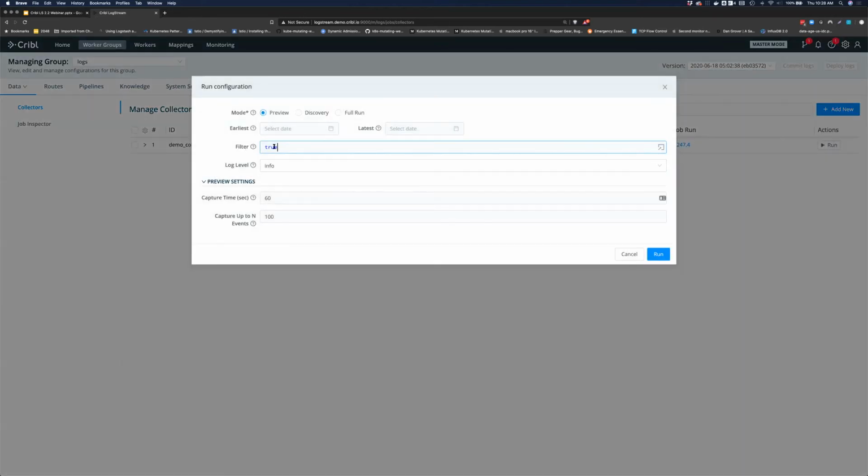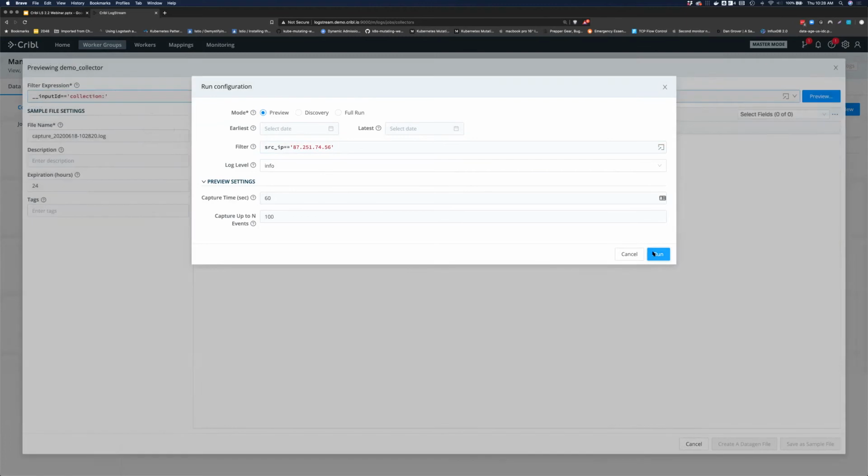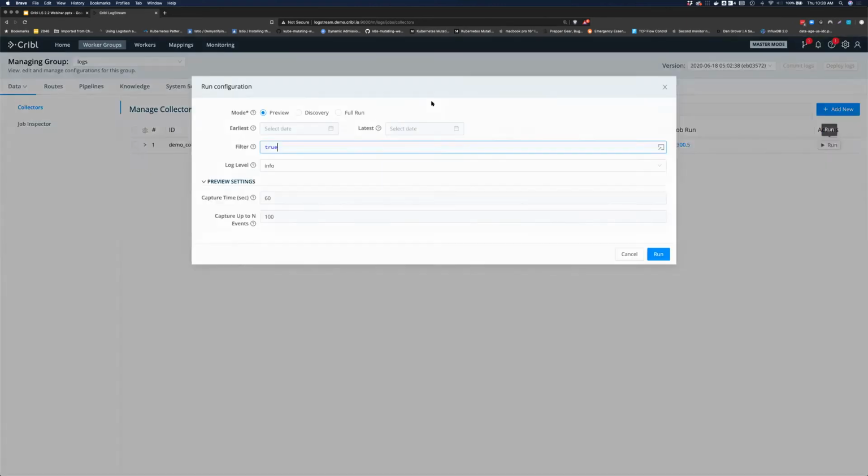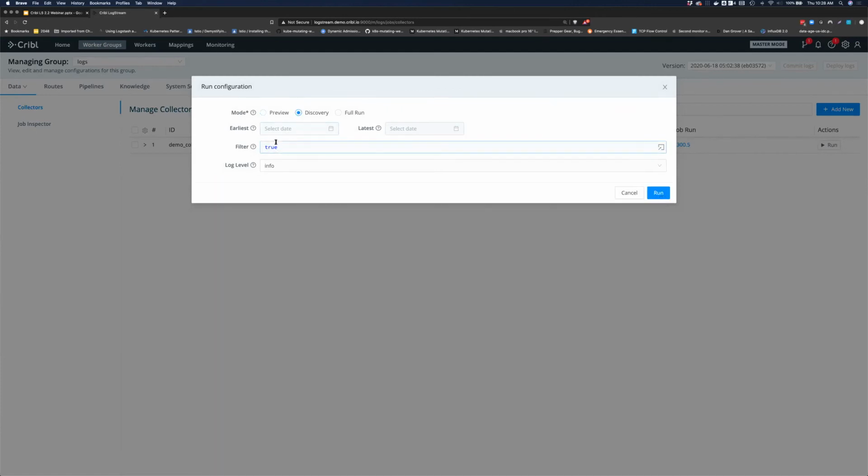And this time I'm going to do the same thing I did before, which is I'm going to say, hey, I want source IP equal to this particular IP address. Whoops, I did preview instead of discovery. Let me back up. Let's run again. I'm going to run a discovery job. I'm going to say source IP